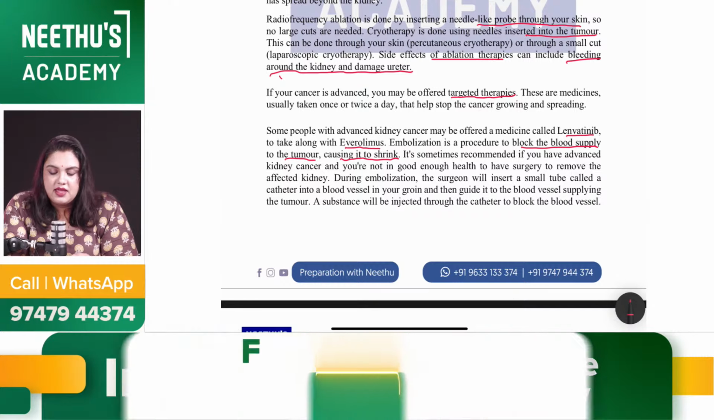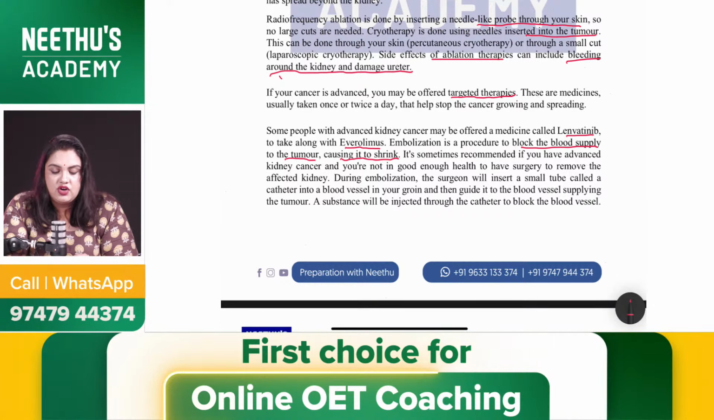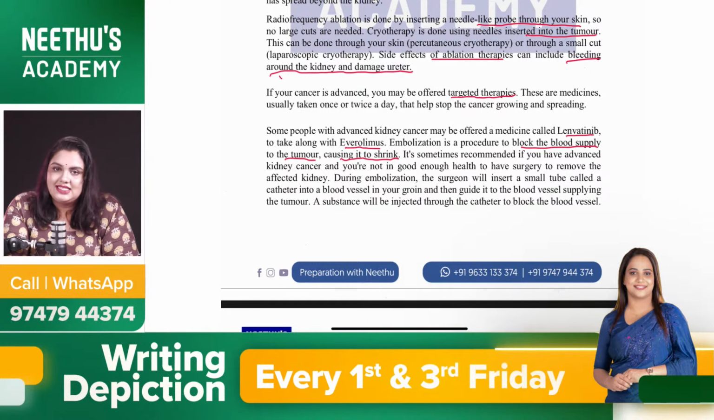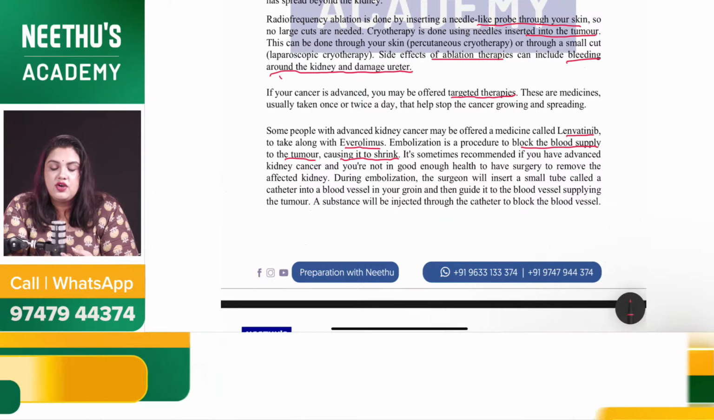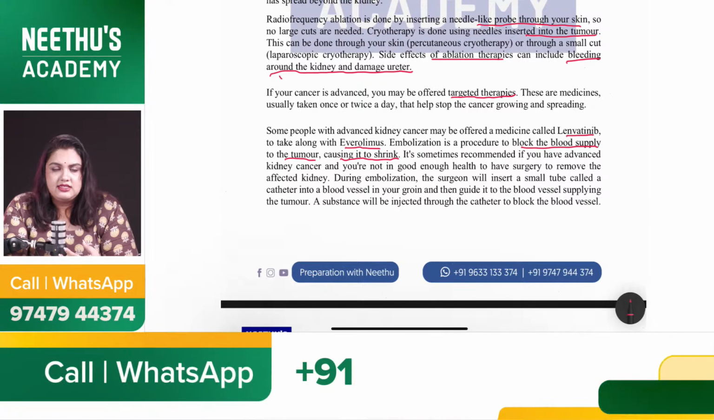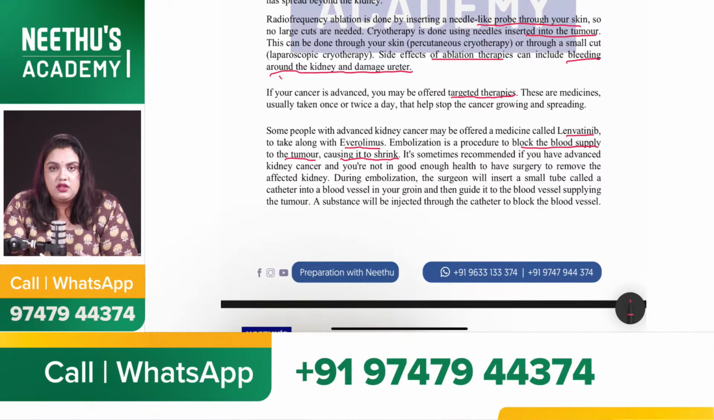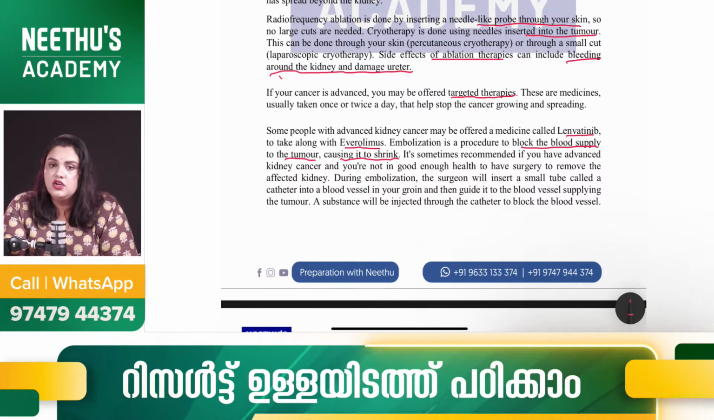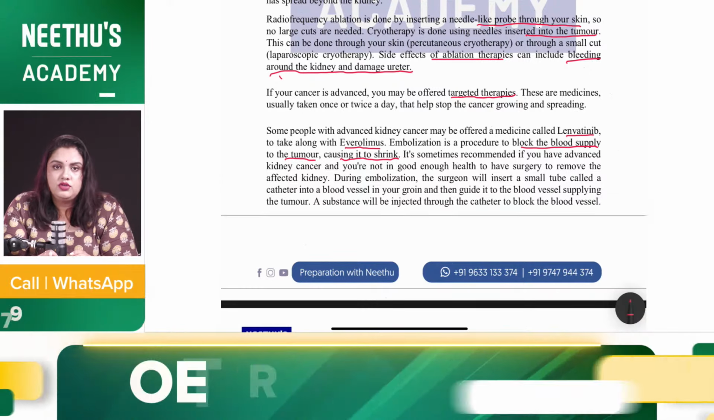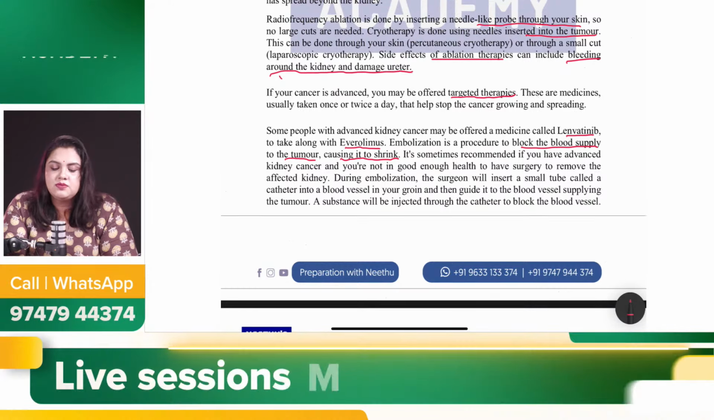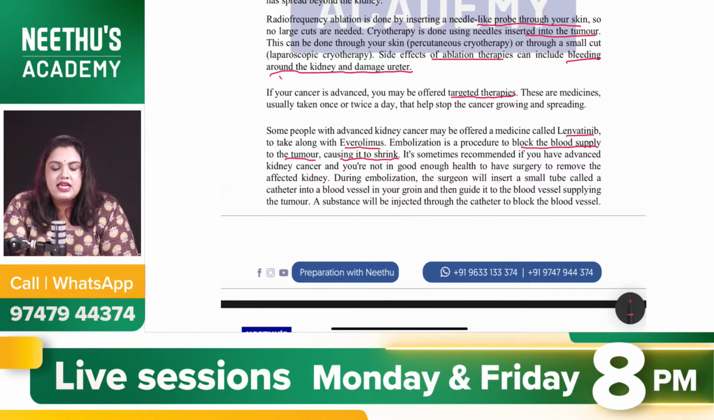It's sometimes recommended if you have advanced kidney cancer and you are not in good enough health to have surgery to remove the affected kidney. This case is recommended if you have advanced kidney cancer, meaning the cancer has spread beyond your kidney, and you are not in good enough health to have surgery. Nephrectomy is not an option, so embolization is recommended. During embolization, the surgeon will insert a small tube called a catheter into the blood vessel